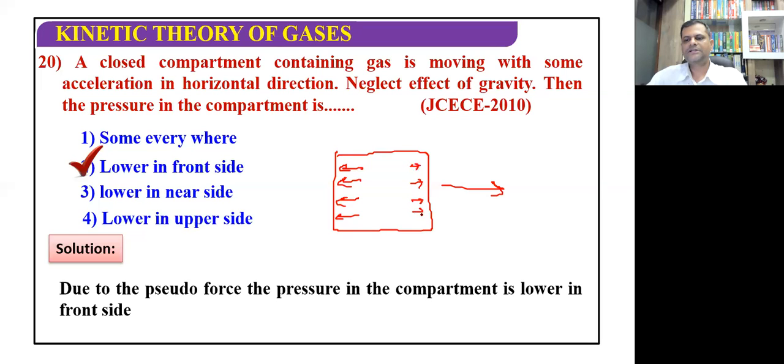ठीक है, इस सरफेस के साथ उनके जो कोलिजन है वो थोड़ा लाइट होंगे क्योंकि ऑलरेडी ये कंटेनर इस डायरेक्शन में मूव कर रहा है, बराबर। तो उसकी वजह से क्या होगा कि उनका जो मास भले कितना छोटा होने दो, बट दैट all the molecules will experience a pseudo force in the backward direction, and because of that pseudo force they will exert additional pressure on this backside container. So that's why the front side का जो surface है that will experience a lower pressure here, and here the pressure will be higher. Okay,